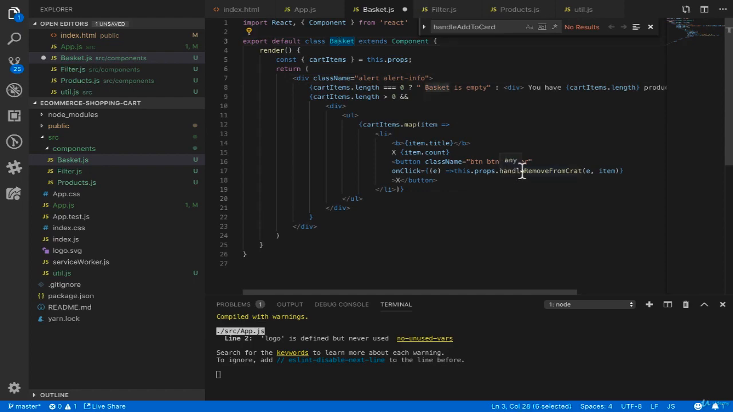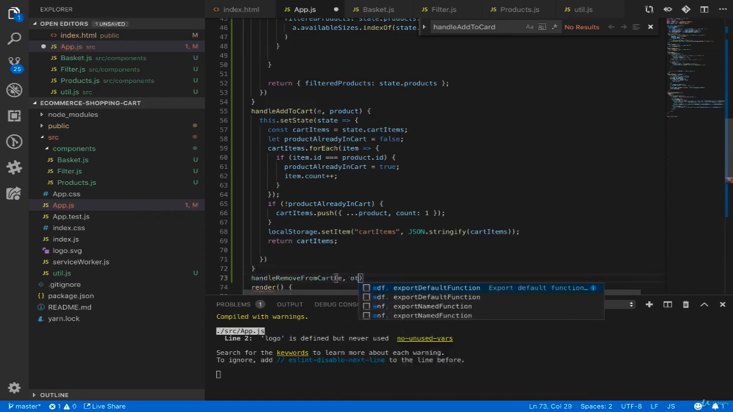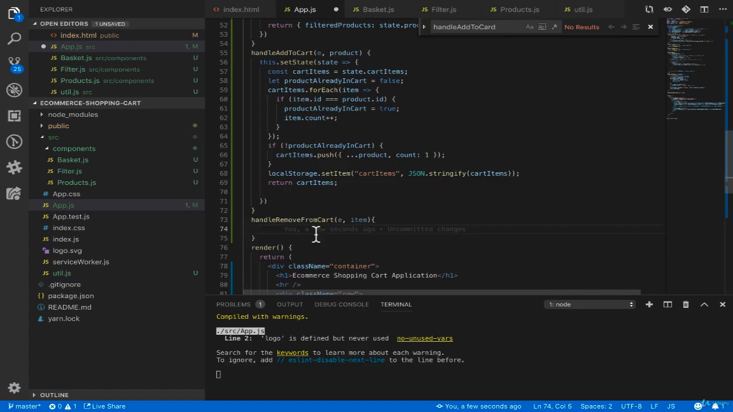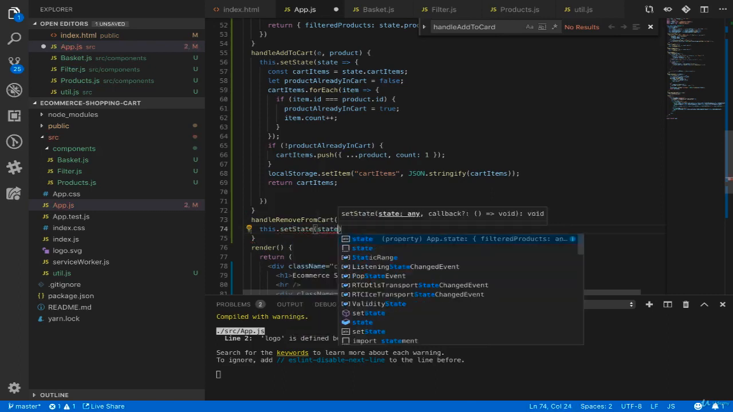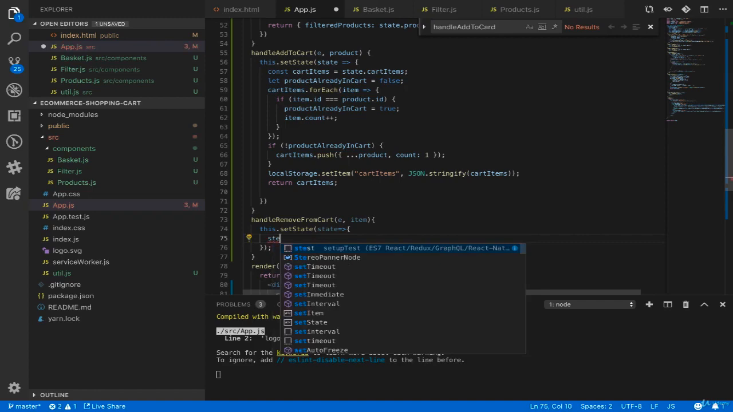So in the app.js, we need to implement handleRemoveFromCart. Next to handleAddToCart, we implement handleRemoveFromCart. What we want to do in handleRemoveFromCart is look for the cartItems array and remove the specified item in the item argument. So use this.setState and state as argument, and there we check state